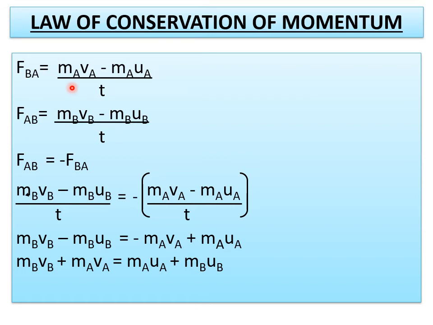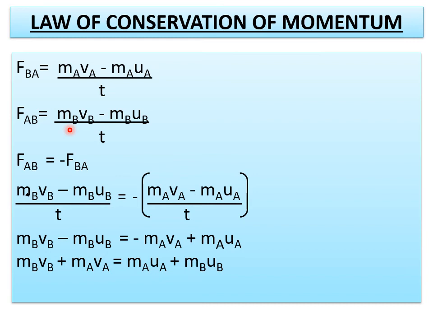Similarly, the rate of change of momentum for ball B is equal to the force exerted by A on B. I will write that as FAB, which is equal to the rate of change in momentum of ball B, (MBVB minus MBUB) by t. So, according to Newton's second law, the force FAB exerted by ball A on ball B is the action, and the force FBA exerted by B on ball A is the reaction. So they must be equal and opposite to each other according to Newton's third law. We already discussed this in the last class.